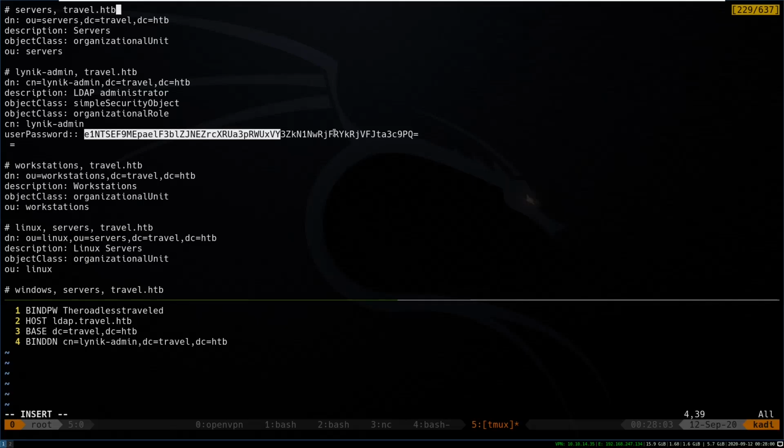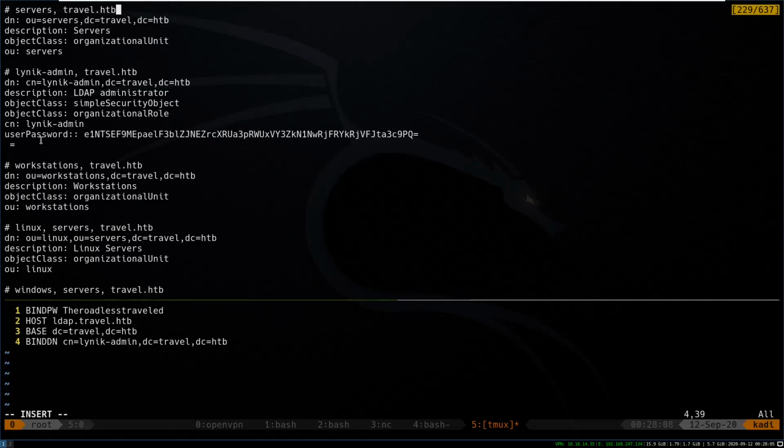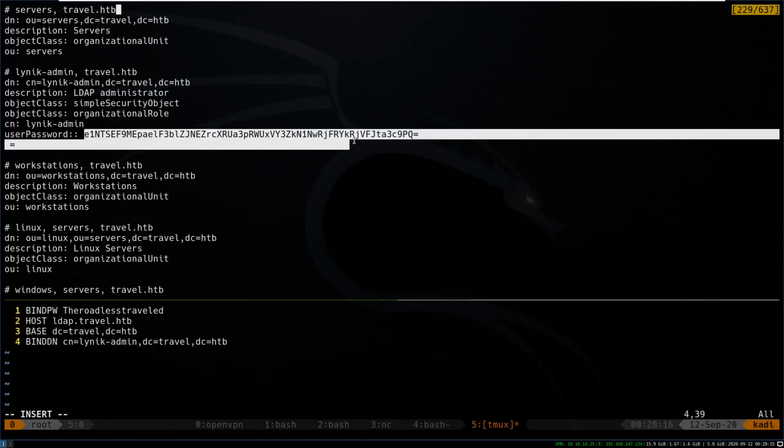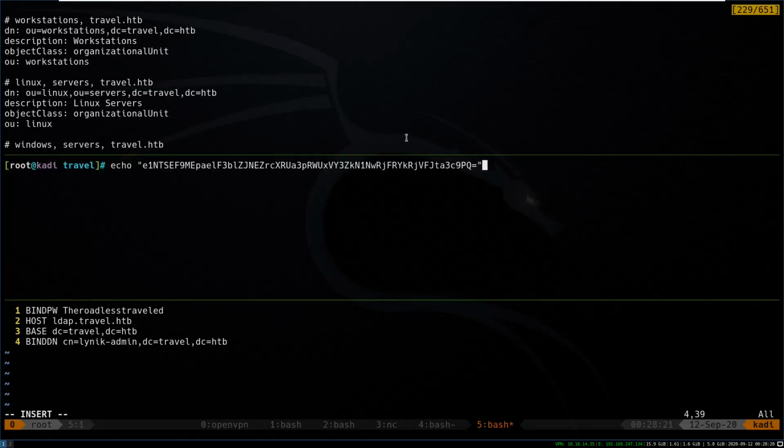And this looks like some kind of base 64. That's our user password, which is some kind of weak encryption, I'm pretty sure. Yeah, okay. So it's a salted SHA, so it's probably not that weak. But we could crack this if we wanted. It would crack to the password, the bind password. So I guess that means that's our password,